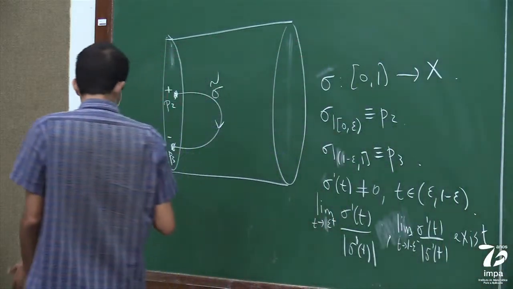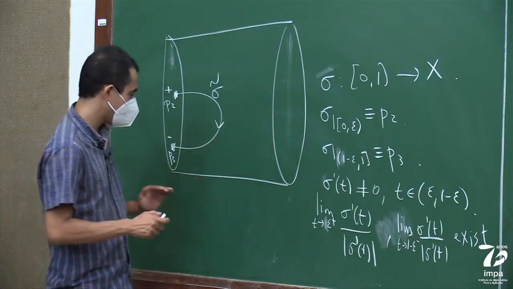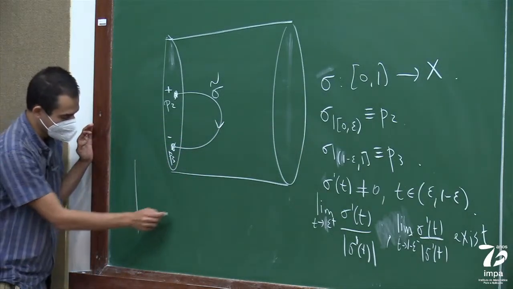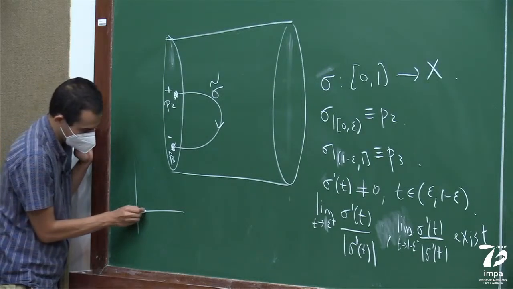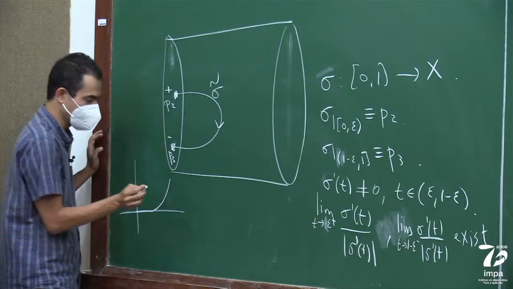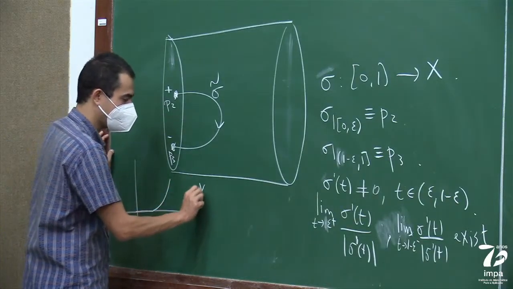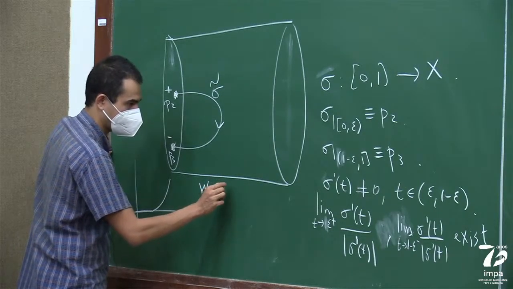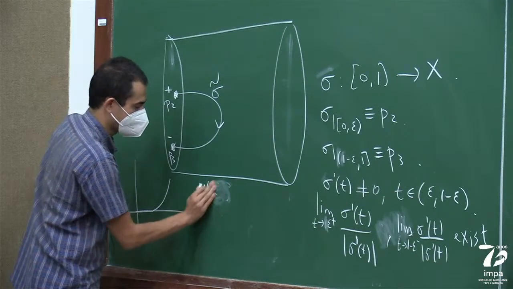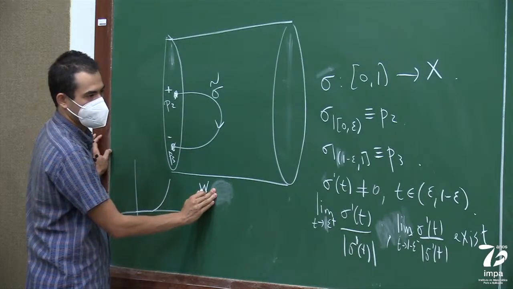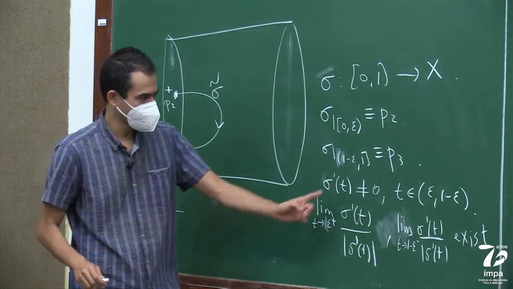So that's just saying, you can think of this function as: I have a fixed direction, and then I start with a speed. My speed is 0, and then it kind of goes like this. So that, for example, near P2, I had some fixed unit vector W in, say, Sn.